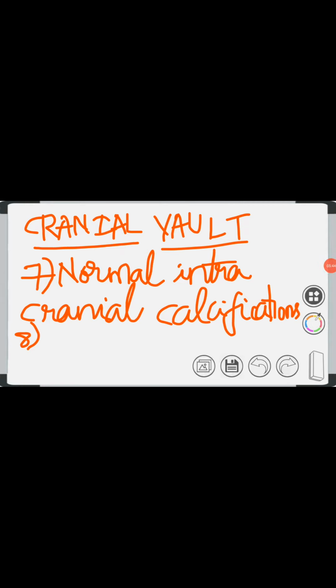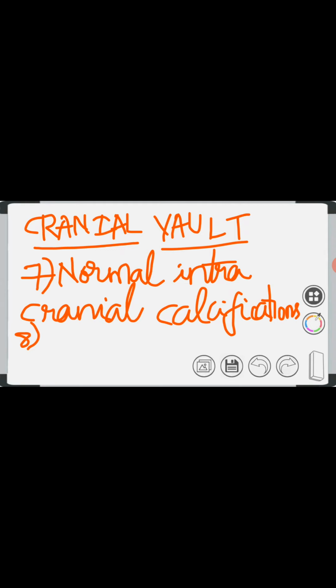Regarding the normal intracranial calcifications, first the pineal concretions, also called brain sand, they appear by the age of 17 years. The pineal body, which is located 2.5 centimeters above and 1.2 centimeters behind the external acoustic meatus, when this pineal gland is visible in the X-ray, it serves as an important radiological landmark. So the other calcified structures which are seen in this X-ray are choroid plexus, arachnoid granulations, falx cerebri and other dural folds.